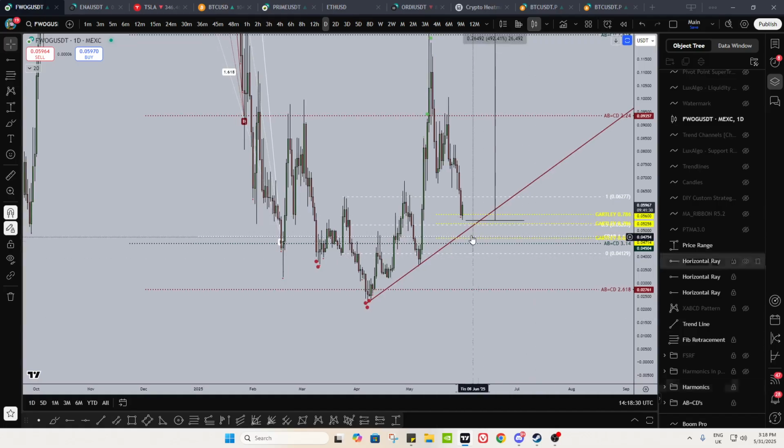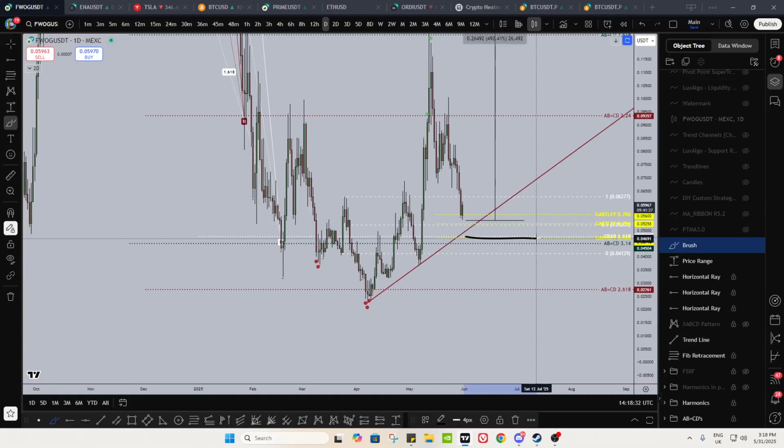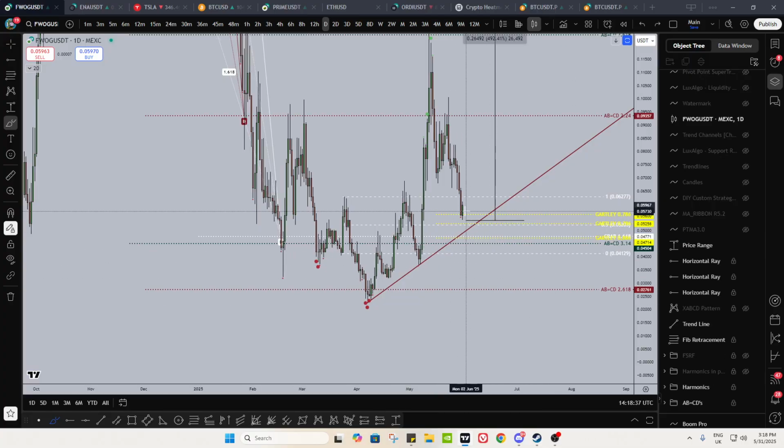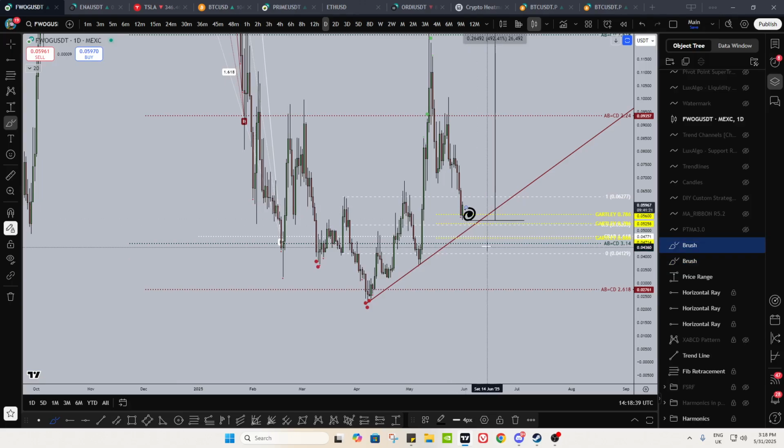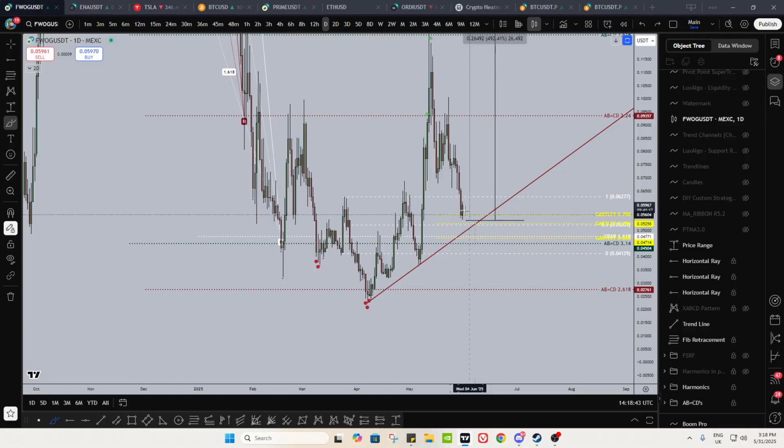This is what I'm saying. This region, I really want to hold this region on fork. One more drive down to this region, that'd be a nice bet, right? You could go a little bit now and DCA into this range, so on and so forth. There's many different ways you can play this, right? Do what's comfortable for you.